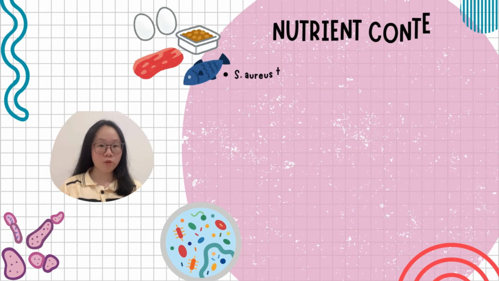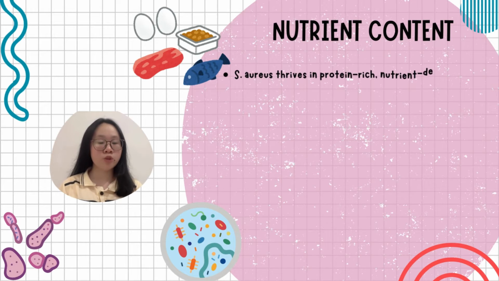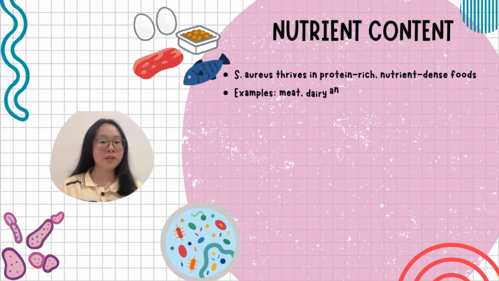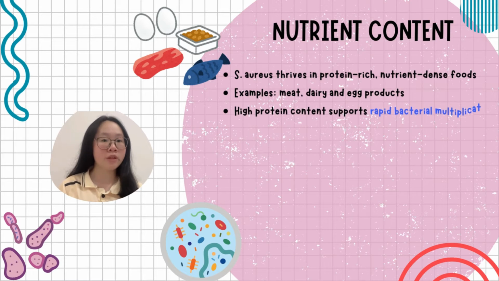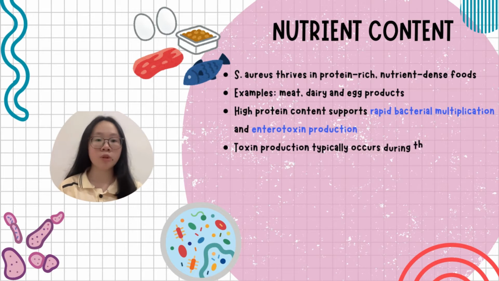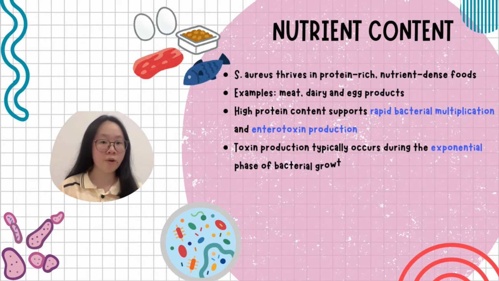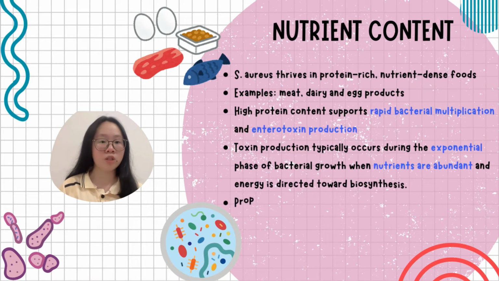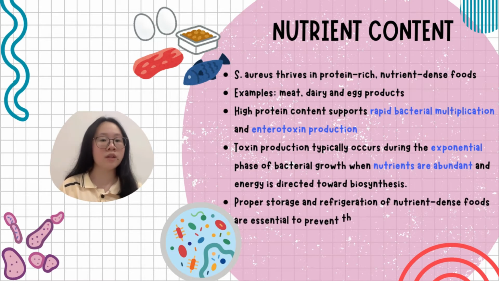Besides, the nutrient content also affects the toxin production. S. aureus thrives in protein-rich, nutrient-dense foods such as meat, egg, and dairy products. High protein content supports the rapid bacterial multiplication and enterotoxin production, which causes food poisoning. The production of this toxin depends on the availability of the nutrients. Toxin production typically occurs during the exponential phase of bacterial growth, when the nutrients are abundant and the energy is directed towards the biosynthesis. Hence, the proper storage and refrigeration of nutrient-dense foods are essential to prevent the growth of